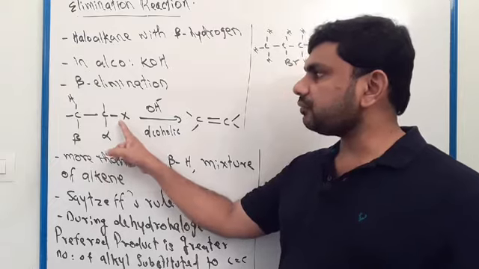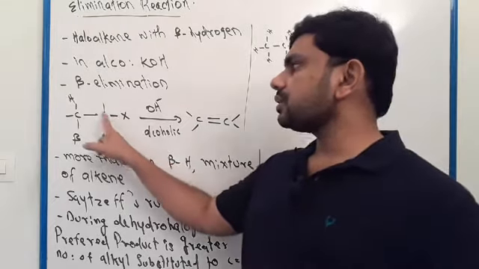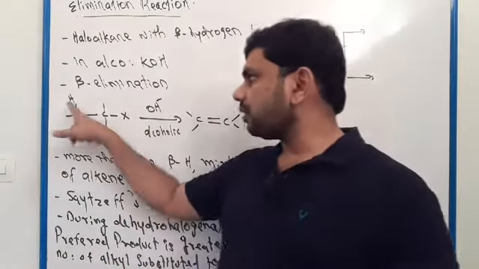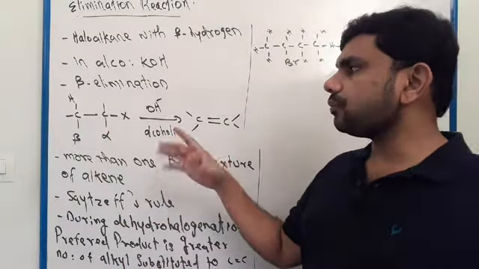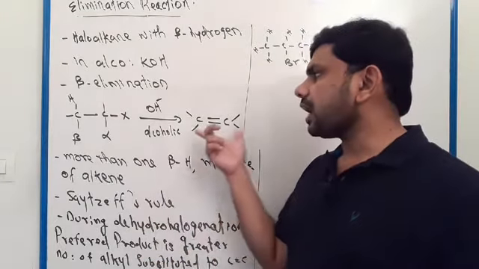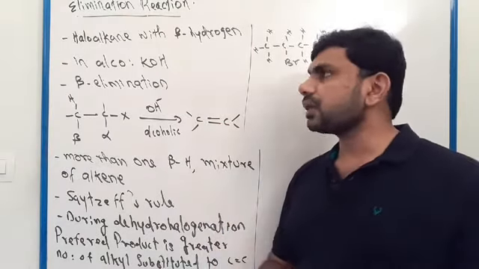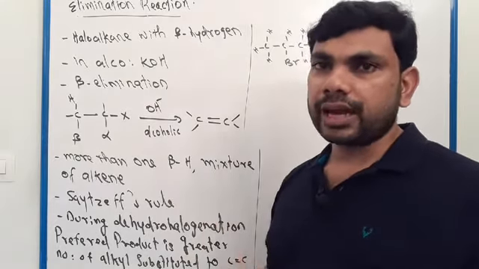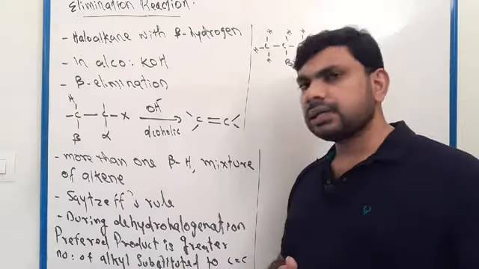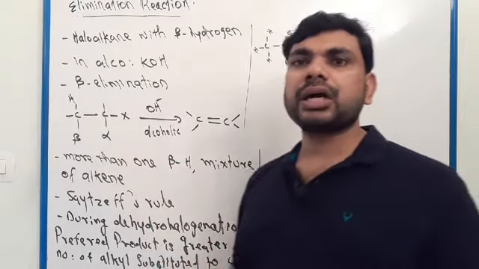Also the alkyl halide contains beta hydrogen. This is the first carbon, this is the second carbon, the beta carbon, and it contains hydrogen. One of these hydrogens combines with the halogen and is removed as hydrogen halide, hydrogen chloride, hydrogen bromide, etc. And the alkene will be the major product. This type of chemical reaction is called elimination reaction. And here you have to understand that sometimes an alkyl halide contains